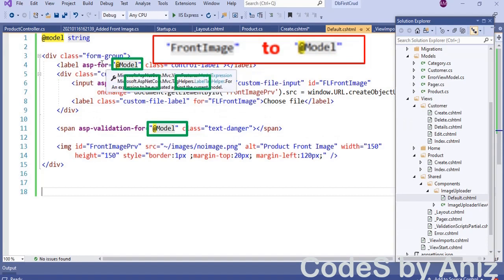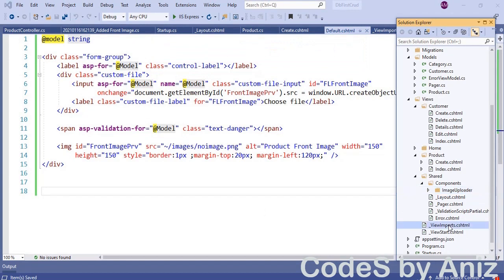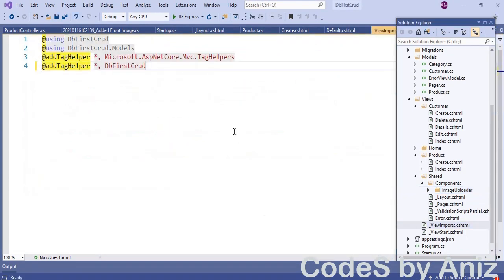In the default.cshtml, change the words front image to @Model as shown, because this is the view file inside the view component. View components are shared and they are common. We can use this component anywhere in our project and we do not know the property for which the component is going to be used. So the property name will be passed as a model by the main view in which this component is going to be nested.